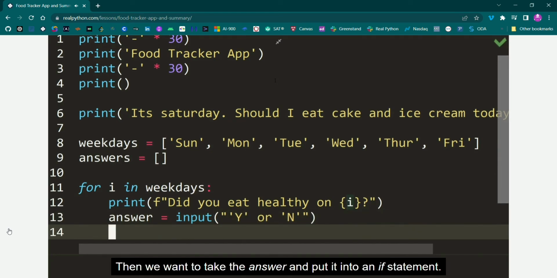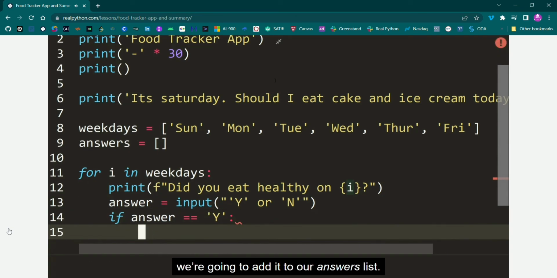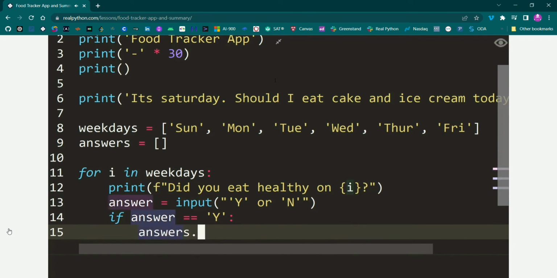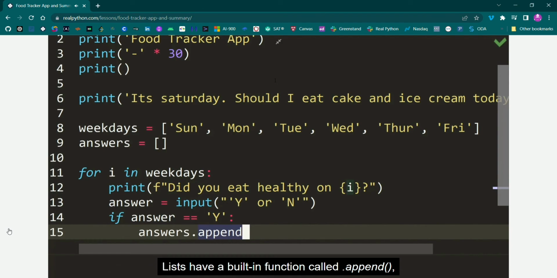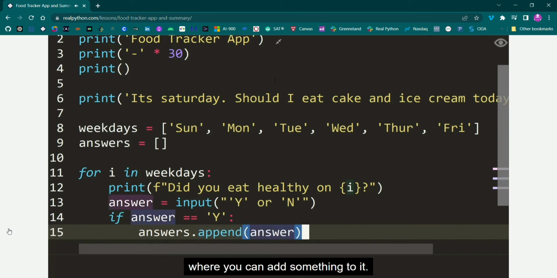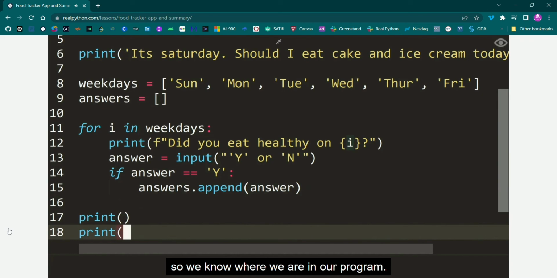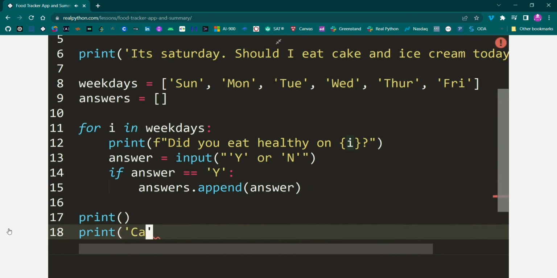Then we want to take the answer and put it into an if statement. If the answer is uppercase Y, we're going to add it to our answers list. Lists have a built-in function called append, where you can add something to it. And we can print a little feedback here so we know where we are in our program.